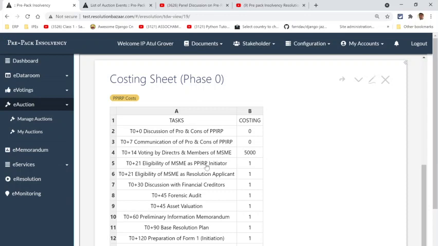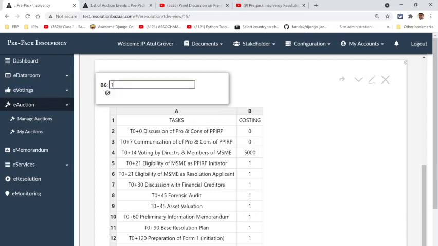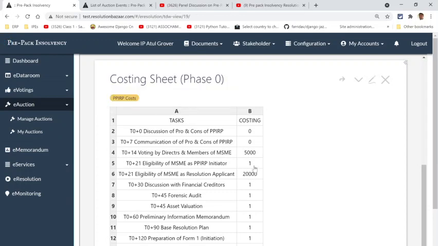So assuming there are two applicants who are jointly putting in their application to take over as resolution applicant, and every 29A check costs us say 10,000 rupees, two applicants' eligibility might cost us 20,000 rupees. These are just tentative figures. I'm just giving you an idea as to what's going to happen.